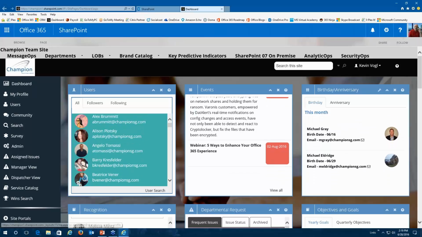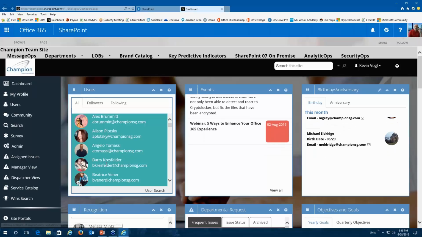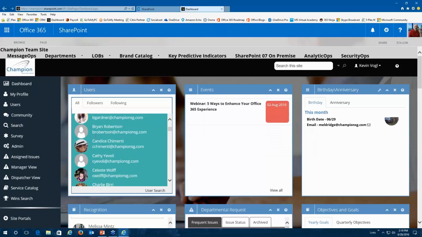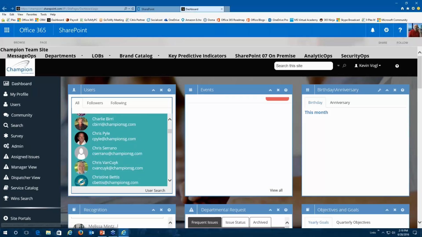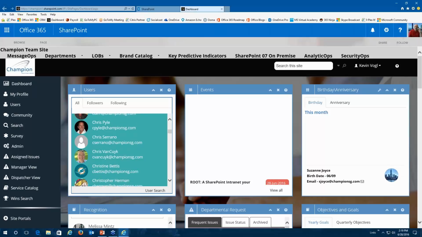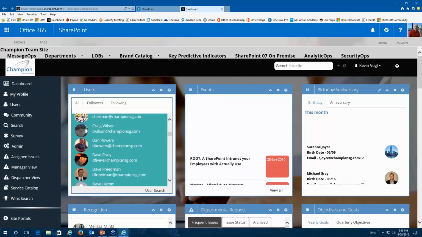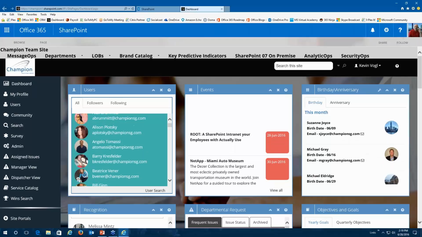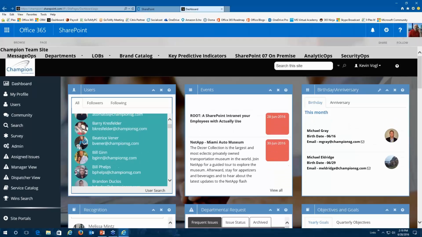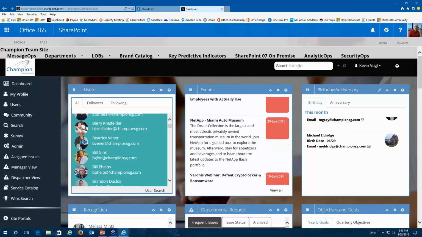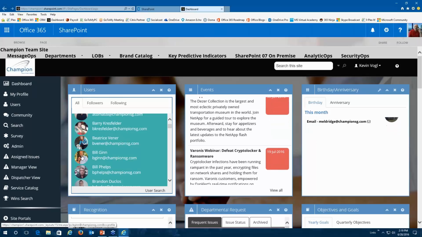And if they've built their profile with a picture or with an emoji or any of those types of things. For instance, Christine Bettis here is obviously a big Dolphins fan. So it's a real nice way to get to know people. But you could go in here and, for instance, if you wanted to know more information about Bill Ginn,